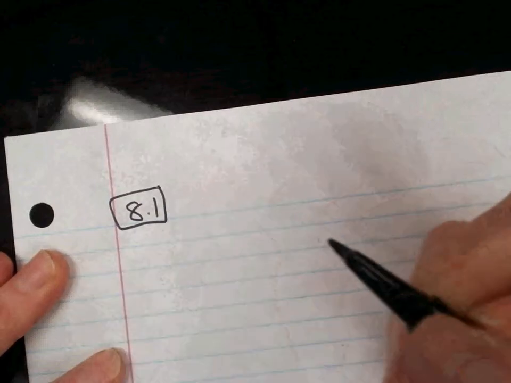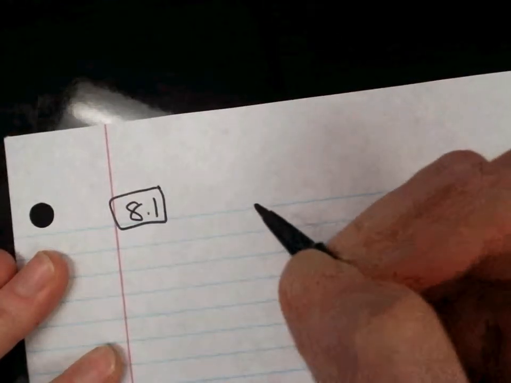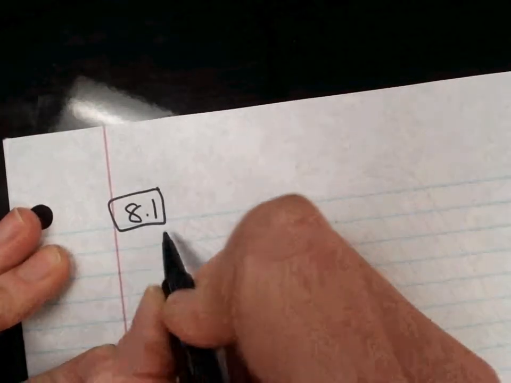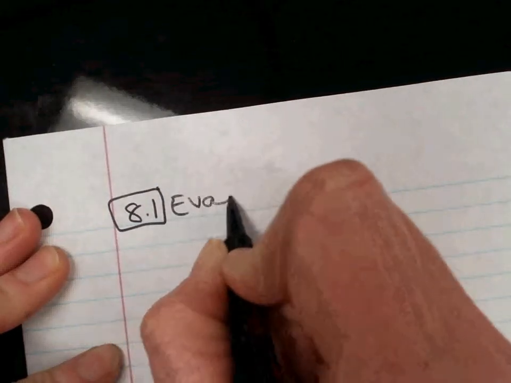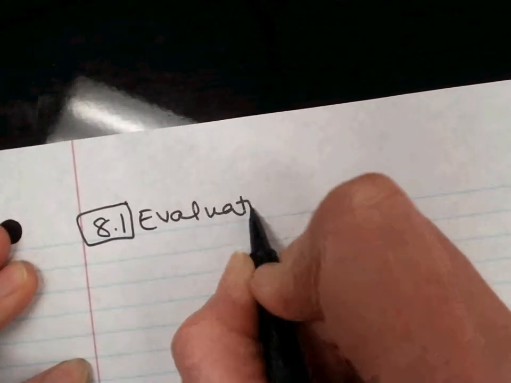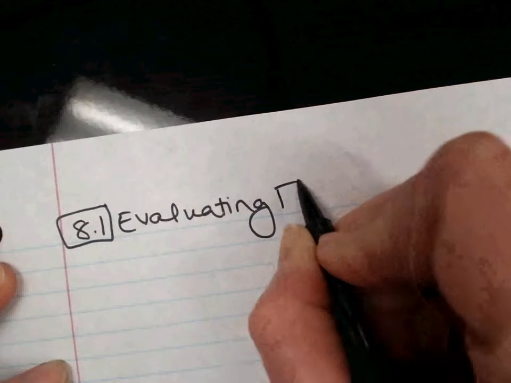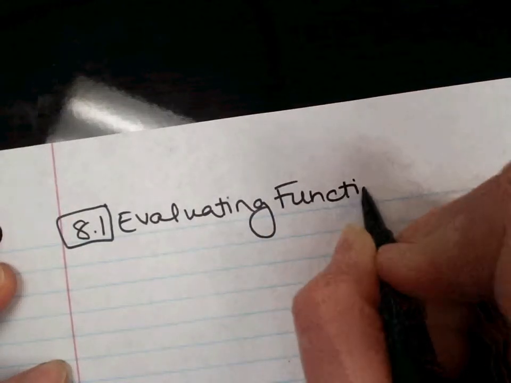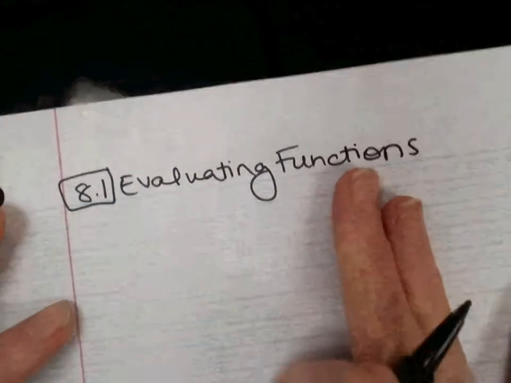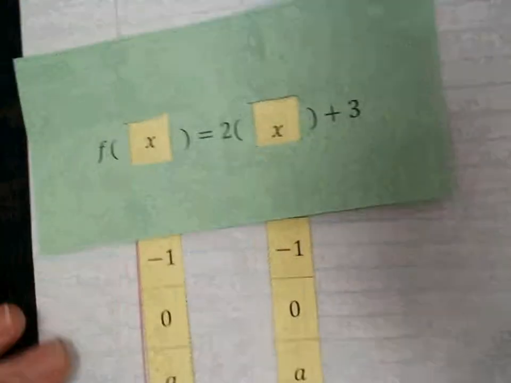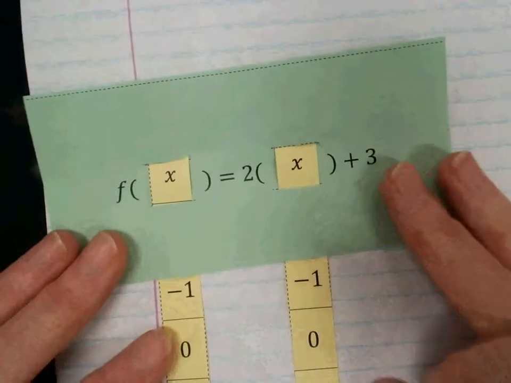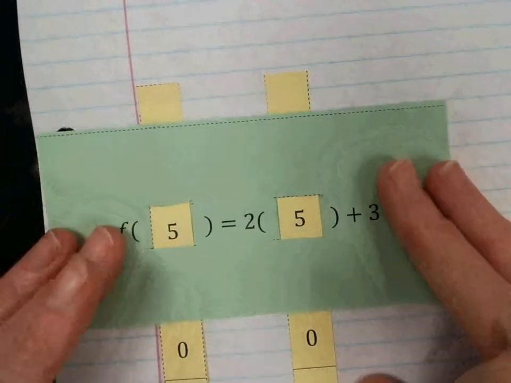All right, so this is, like I said, 8.1. This is our first lesson in Unit 8, all about functions. So in this lesson, we are evaluating functions. 8.1, evaluating functions. So I already pasted this on my paper, bottom left, towards the bottom and towards the left